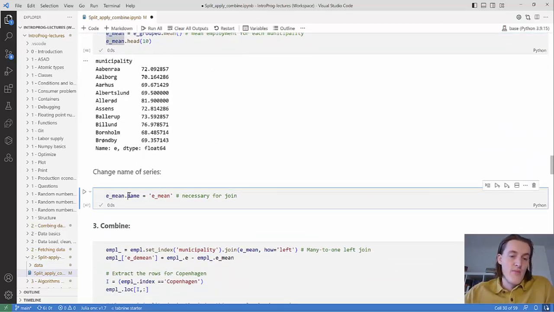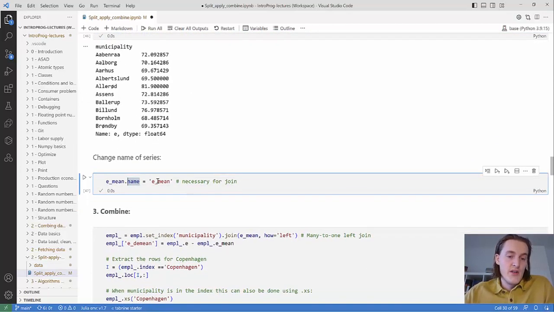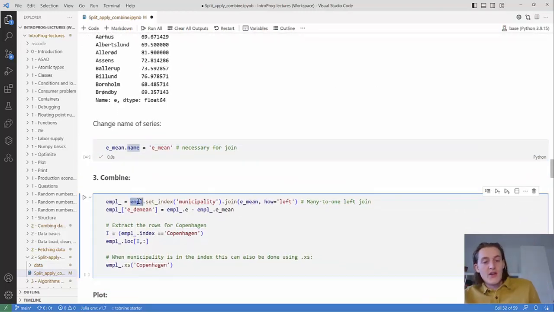And when you're merging on index, then it's easy to do a join. On the original dataset, we did not have municipality as the index, so we need to set the index of impl to municipality, and then we can just join with the series that had the index, and then we do a many-to-one left join,